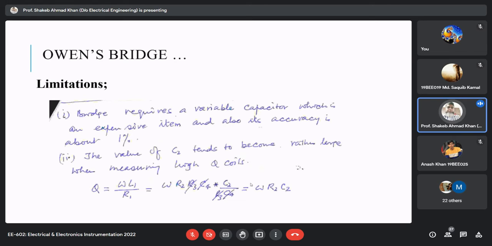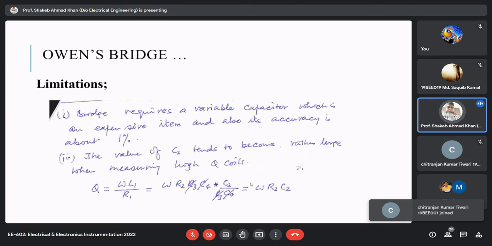And the disadvantage or limitation I discussed is that the bridge requires a variable capacitance, which is expensive, and its accuracy is about 1%. So as I told you, if we are using variable capacitance and inductance, their accuracy is not good. If you want a very accurate result, you won't get accuracy as good as with variable resistance. So that's why. And here also, this bridge has the same kind of limitation as Maxwell's